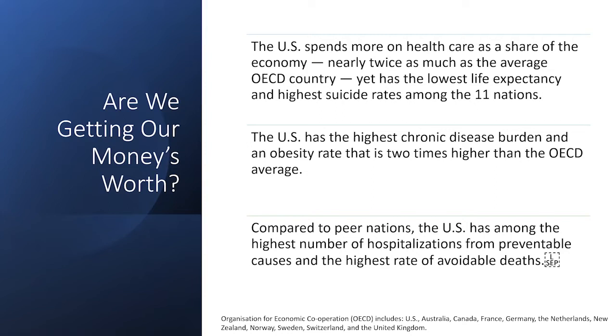We also have the highest chronic disease burden and an obesity rate that's twice as high as the others. And compared to our peer nations, we have the highest number of hospitalizations from preventable causes and the highest rate of avoidable deaths. When I talk about the OECD, just to let you know for your information, there are 11